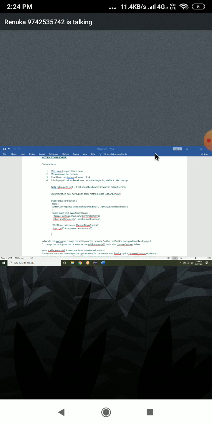Sir, one more thing. Even after writing this code, do we have to make some changes in the settings, or do we just have to write this code? No, this itself is changing the settings. Add argument is the method for changing it. Add argument is a method, not a static method. Whenever you want to change any settings, you give it here and it will change it.